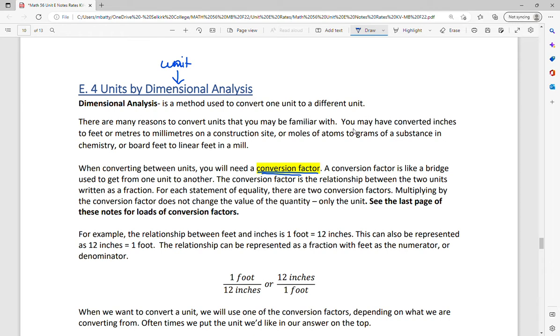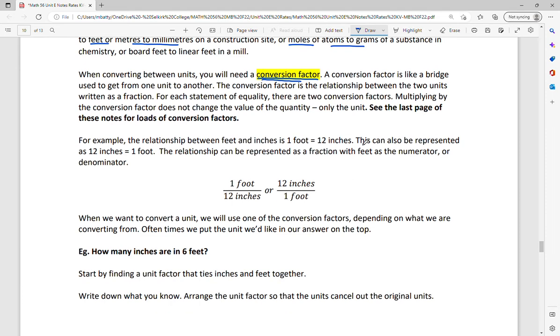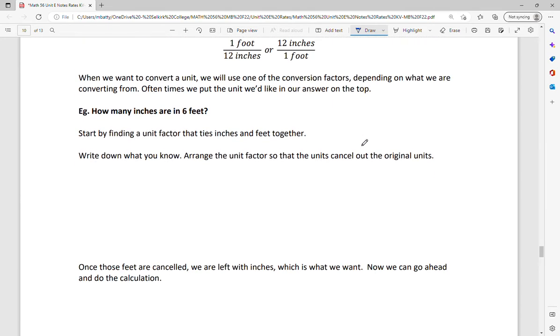So, inches to feet is an example, meters to millimeters. In chemistry, moles to atoms or grams, right? All of these are really, really useful. Conversion factors are like a bridge, if you will, to go from one unit to another. The last page of these notes has a number of conversion factors. There's very few that you need to have memorized. They really are facts, and it's about how we manipulate these conversion factors that will do the math